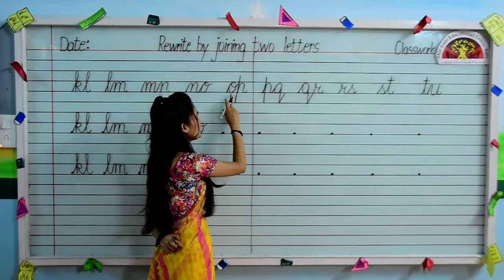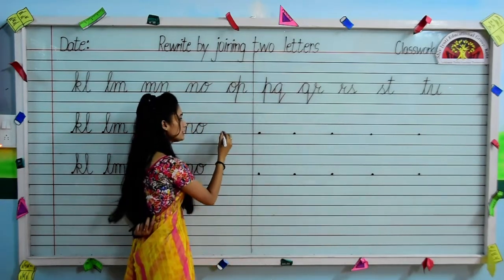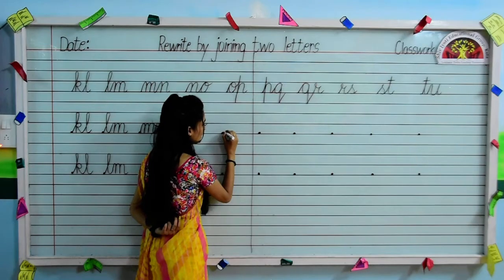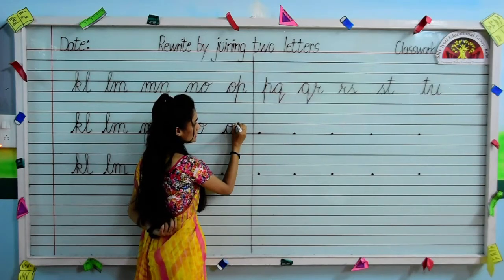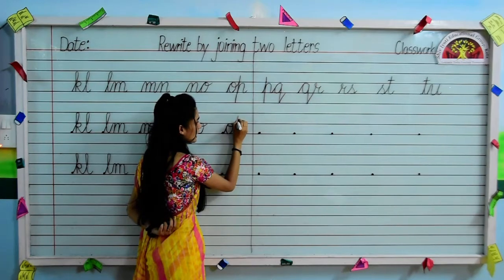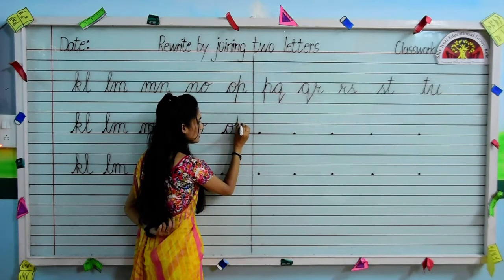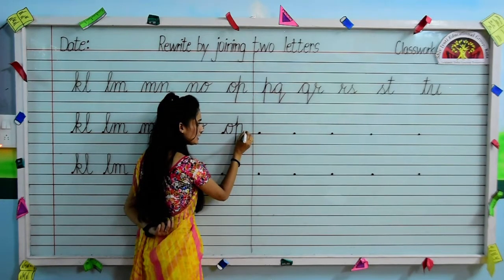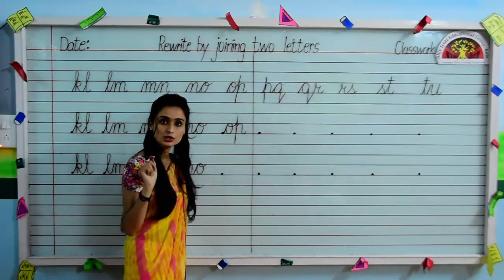Your next letters are O and P. Now let's see how to write them together. Look over here kids, put your pencil on this dot. Firstly, we will make small cursive letter O like this between the second and the third line and loop and out like this. Now from the end point of letter O, we will start making letter P. Go up, do not touch the first line, come down, touch the fourth line. Again go back, make a curve, touch the third line and out like this. This way you have to write your letters O and P together.